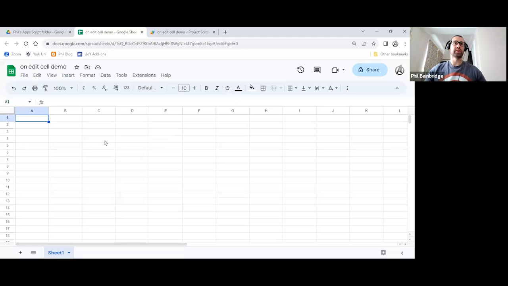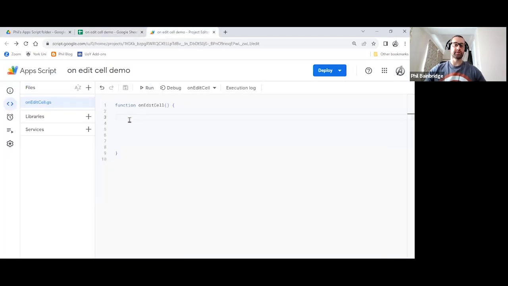So as I mentioned, the purpose of this demo then is we want to be able to edit a particular cell anywhere in this Google Sheet, such as typing a value in, and automatically have the background color of that cell change to a color that we specify. So in the AppScript editor itself then, let's start with a comment using 2 forward slashes, just so we can keep a track of what it is that we're doing.